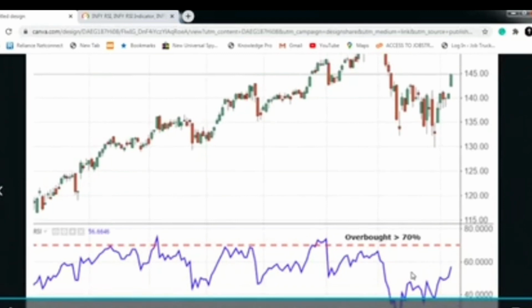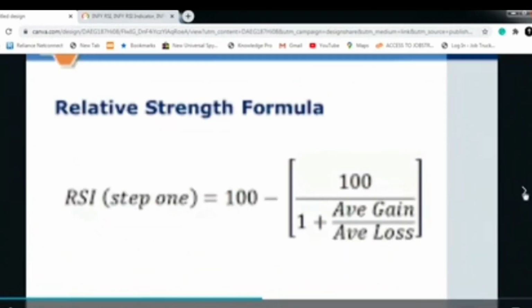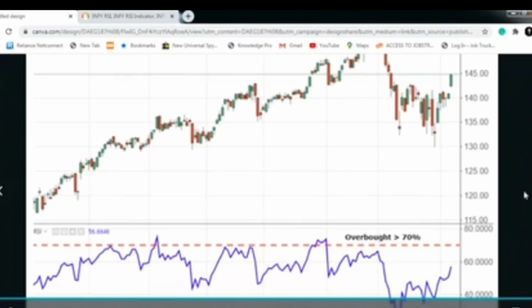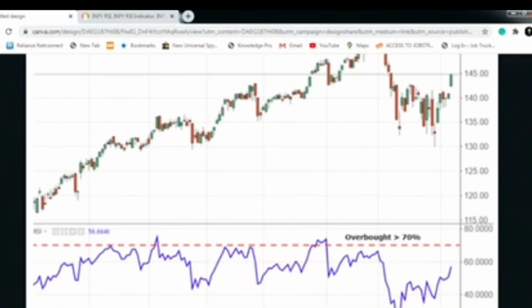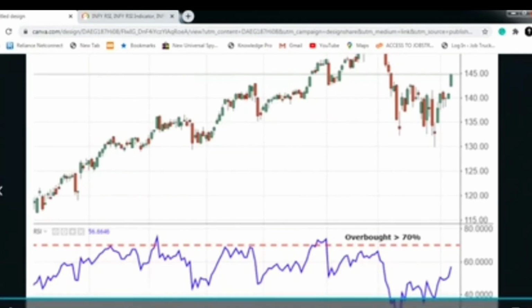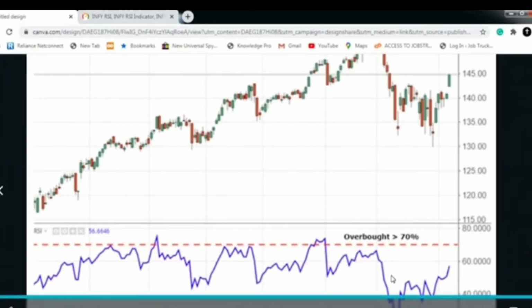I think so far you have understood the basics of what I am trying to convey. The concept of overbought and oversold must be very clear to you. Whenever we take the average gain and the average loss, you will get an idea of how many persons have bought and how many persons have sold. On the basis of that average loss and average gain, we can decide the further movements. Overbought means many people have taken a bullish position. Oversold means many people have taken a bearish position for selling in this product.